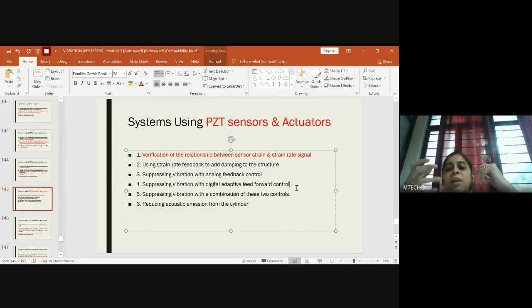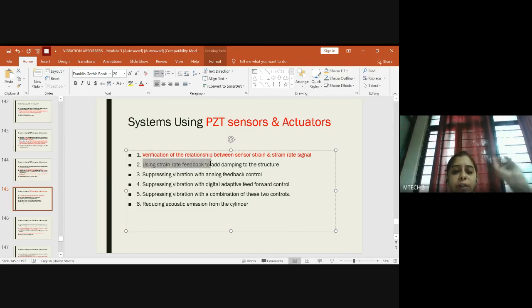The sensor strain which has been sensed has to be converted into readable data. So the sensor strain signal will show you what the rate of strain induced in the device is. So what is the relationship between the sensor strain and the strain rate signal? That you have to come to know. Second one is